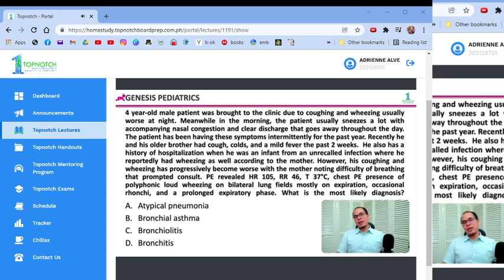If I'm not mistaken, this is our last case. So sana guys, marami kayong natutunan for this short session in Pediatrics Genesis. I try to give as much as I can with the given time. And hopefully, maalala nyo yung mga tinuruan natin. Mga pinag-aralan natin. I don't expect you to remember everything in one sitting, so hopefully balik-balikan nyo itong mga lectures